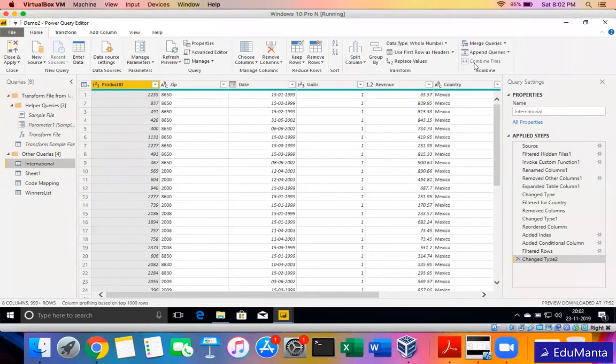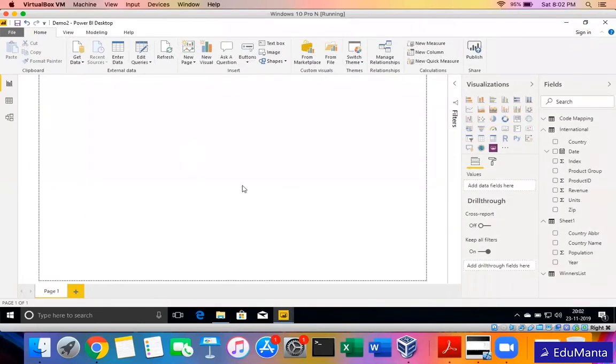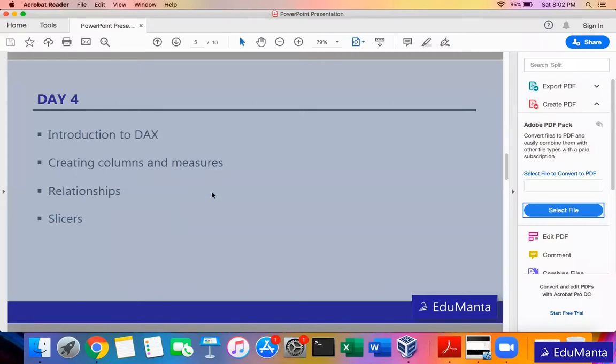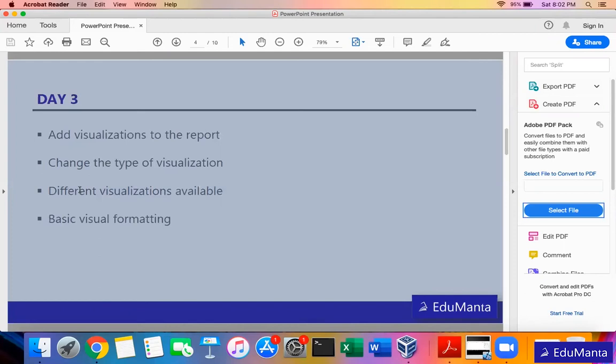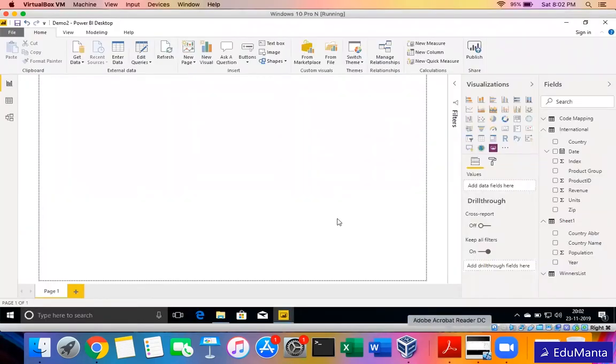We worked on all of this, but finally when we have the data model ready and it's available in Power BI, how do we start reporting? We'll concentrate on that part today, and in the next session tomorrow, we'll go into more advanced modeling concepts, that is DAX, how to create different measures, how to define relationships and all. But before that, I want to give you a basic idea about how to develop the report. That is the main UI which is visible to the users. So we'll work on that today.